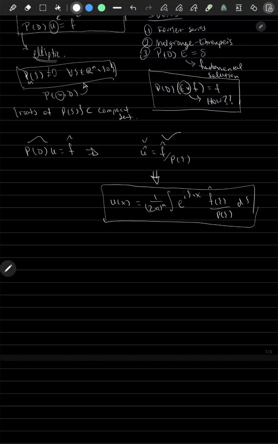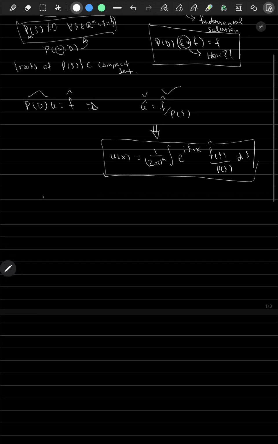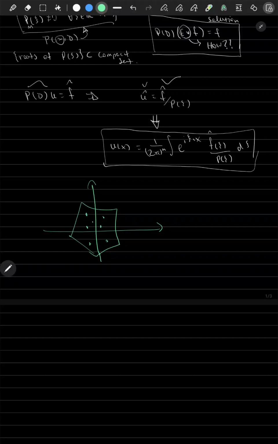And the easiest way, through the theory of distributions, something we're used to, is multiplying by cutoff functions. Suppose we have Rn here. This is Rn, and suppose these are the roots of the characteristic polynomial. We know they're contained in some compact set here. So we can take an open ball that contains this compact set,